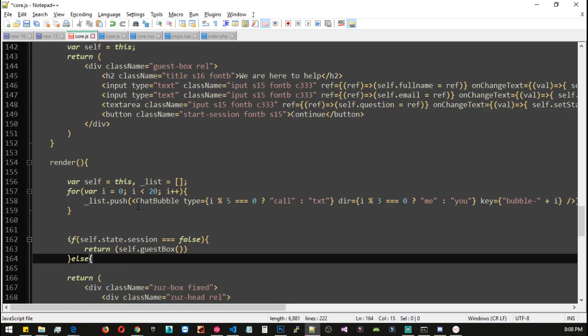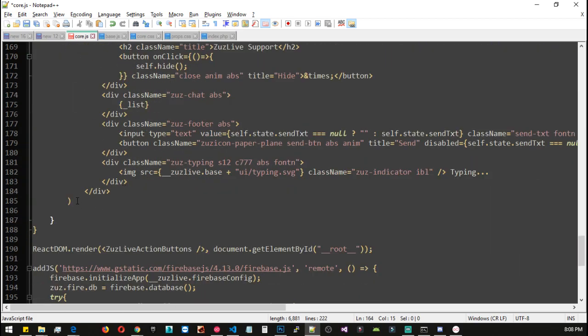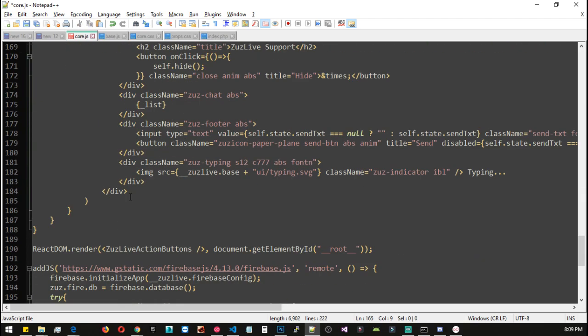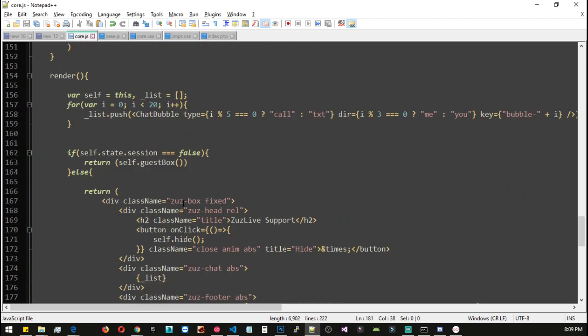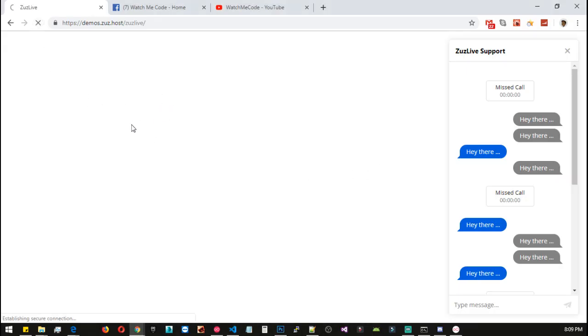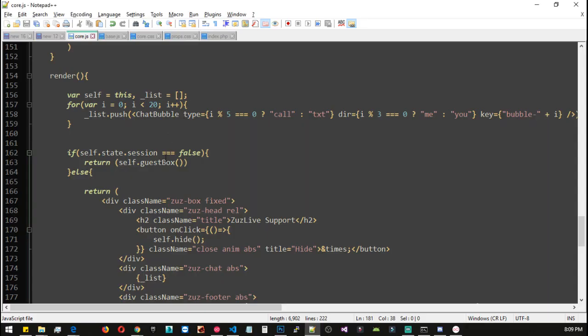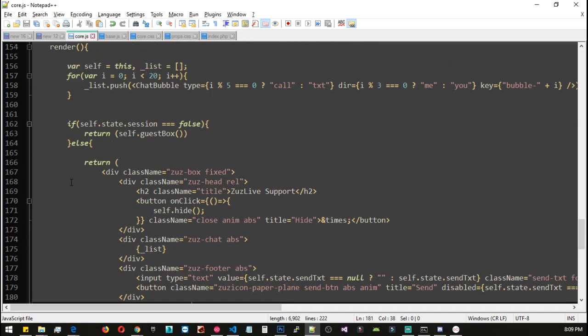Otherwise we will return our support box. Great. Let's give it a tab, save it, go back to our domain and let's reload it. Hold Ctrl Shift and I to open the developer console. Let's click, and here we are. But I guess I have, oh my bad,